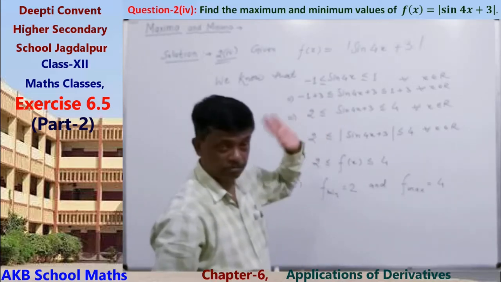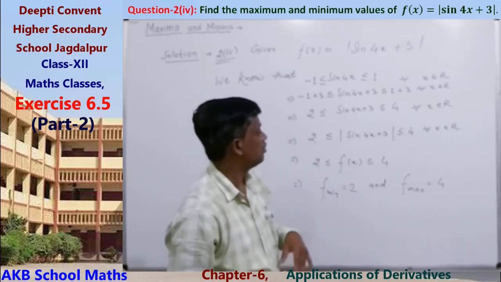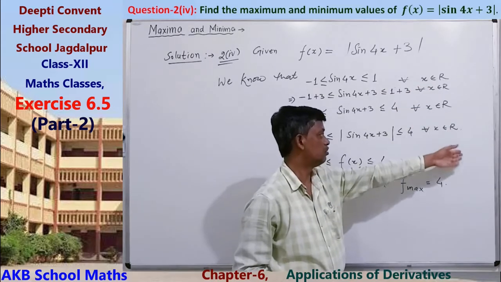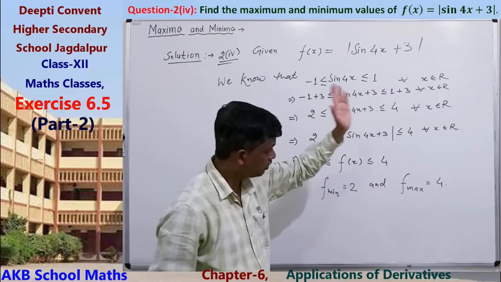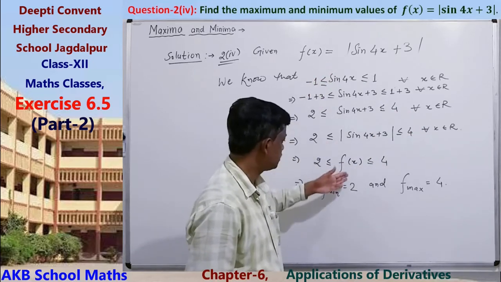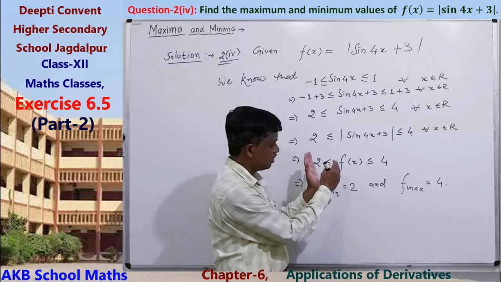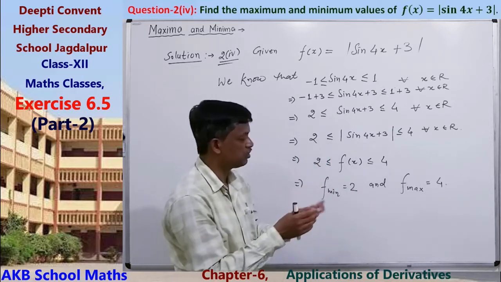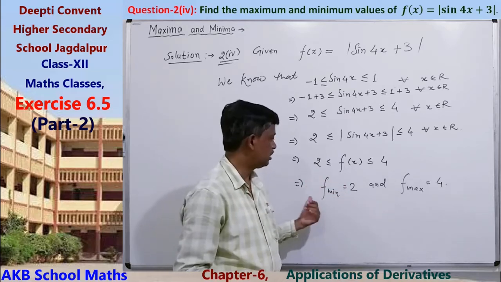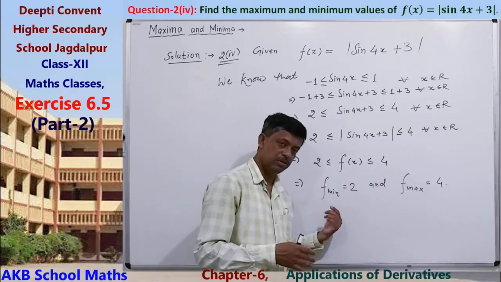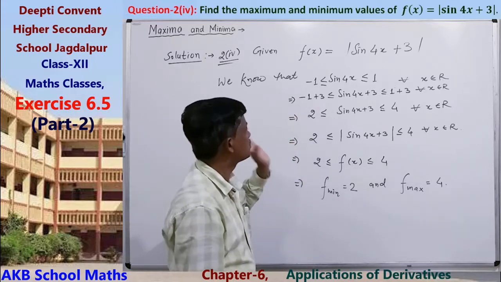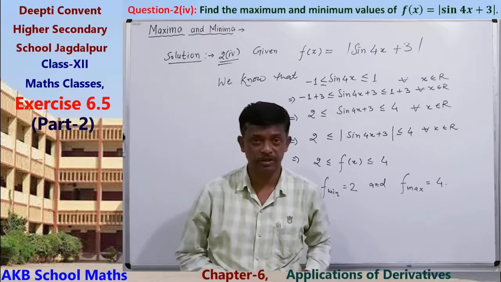First of all, you have to identify the domain of the function. For this function also, the domain is the complete set of real numbers. Then for all the numbers of the domain, you have to get some relation where the function is either less than or equal to some number, or greater than or equal to some number, or maybe both. Then you can get both values, or you can get one value and the other may not exist. So this is the process of solving this type of short question. Okay.